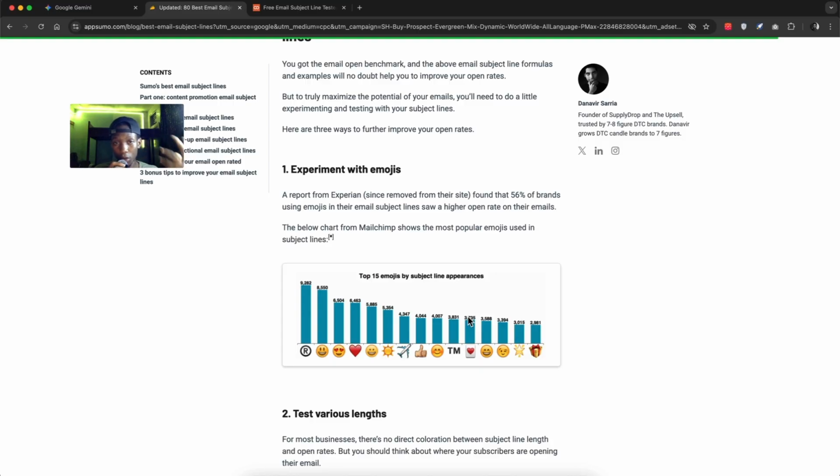So they did an experiment with emojis, and they saw that when they used different kinds of emojis, they got different kinds of responses, and this varied depending on the emojis that they used, right? So this one was really good. Like the R was really great. I don't know what that means, but yeah, this is just how it looks. So this one was really great, more than this one, more than the heart, more than all these others